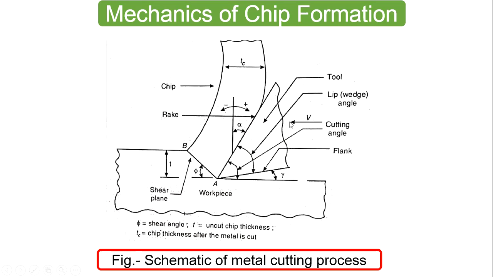Okay, so as the tool advances, the material ahead of it will be sheared continuously along the plane called the shear plane. So shearing of the metal will be continuous. This plane will shift from point to point continuously as the tool advances, and the material will be shearing along the plane that is called the shear plane.